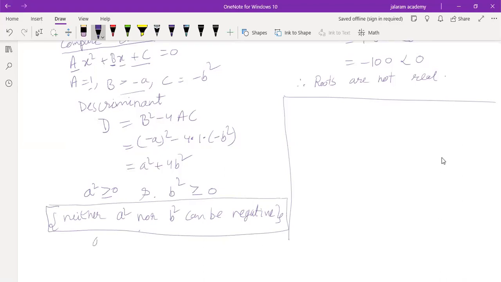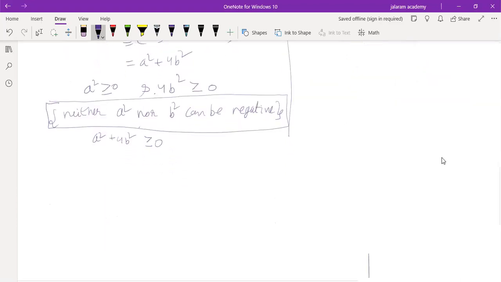It means if we multiply this with 4 also, it is still greater than or equal to 0. And if we add these two, their sum is greater than 0, but if both are 0, then it can be equal to 0. And this is the discriminant, so discriminant is greater than or equal to 0. And if discriminant is greater than 0 or equal to 0, then we say that its nature is roots are always real.